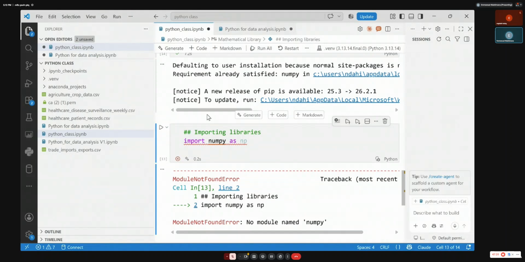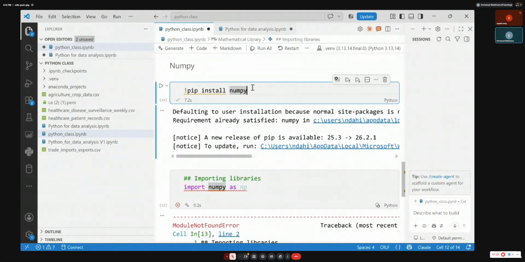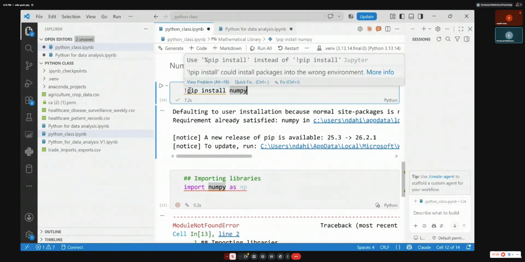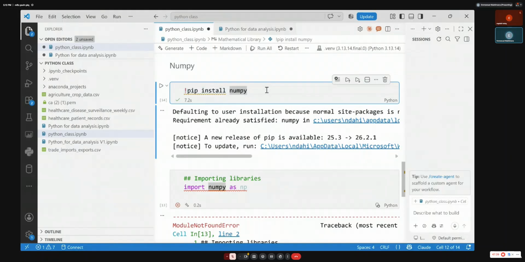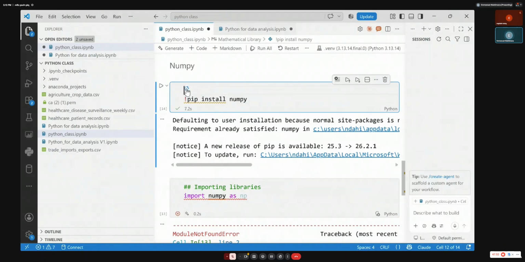You do an exclamation mark, pip, space, install, space, numpy. That installs the library that has everything that belongs to mathematical operations. Maybe put a comment on top: that's how to install the library. You need to have internet, of course.